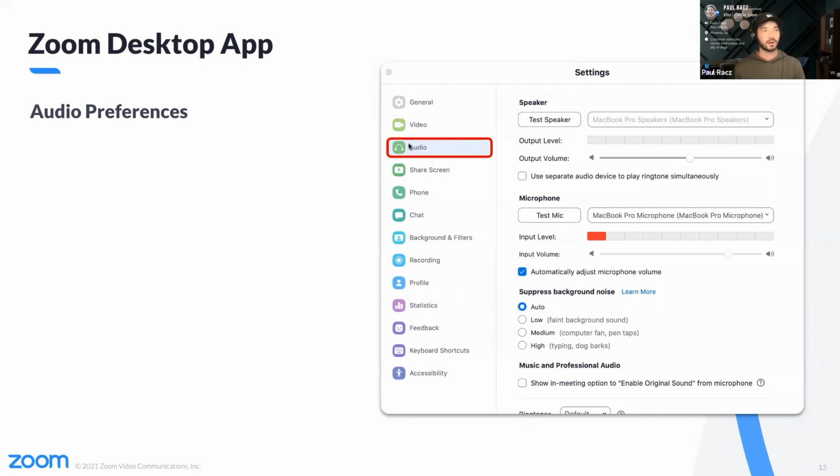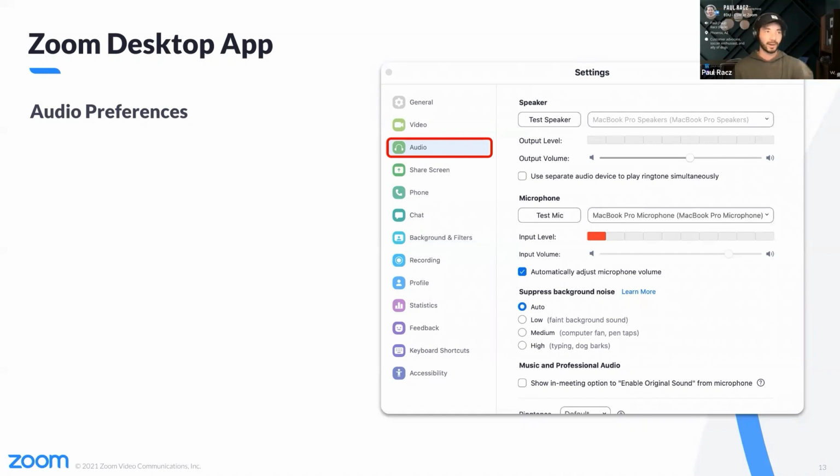So when you click this audio tab, you're going to be able to check your speaker and microphone input outputs. It does default to your computer's local speaker as well as your local microphone on your computer. However, you do have the ability to incorporate, let's say, an external speaker or an external microphone. To do so, you would just click that drop-down option and there'll be an additional section there to integrate that